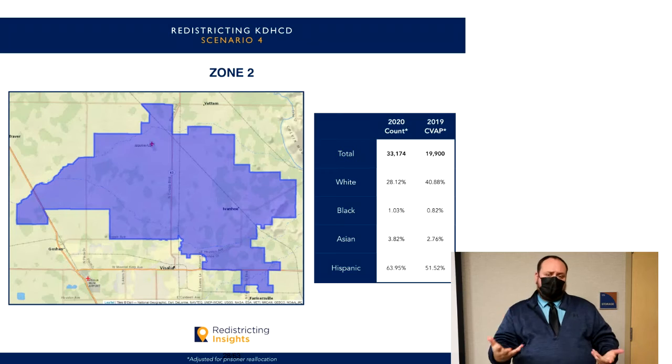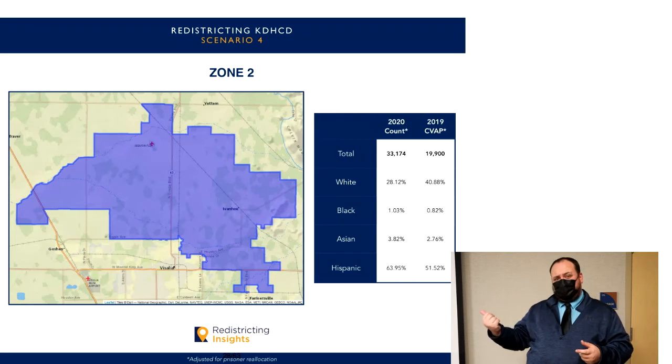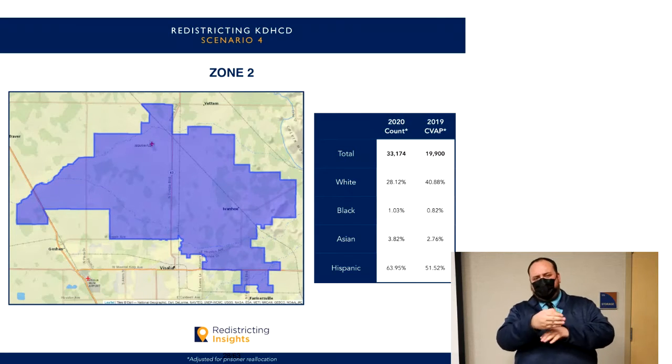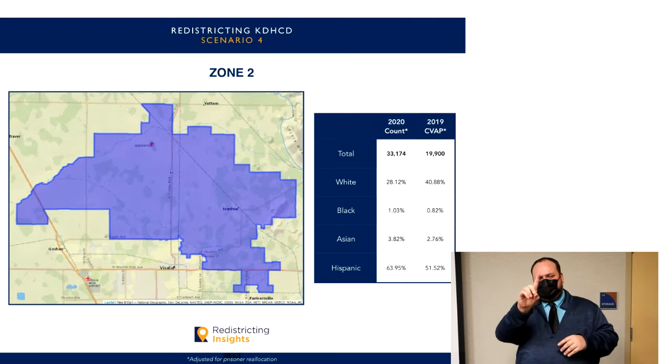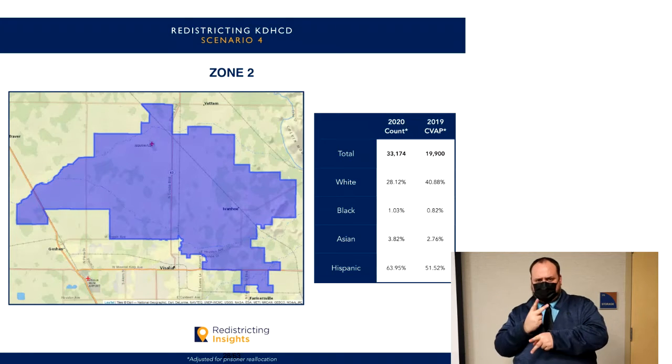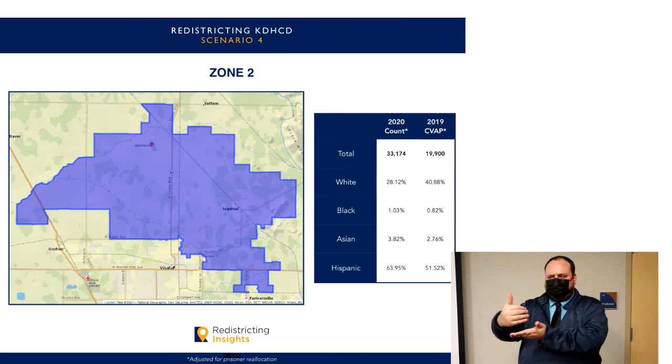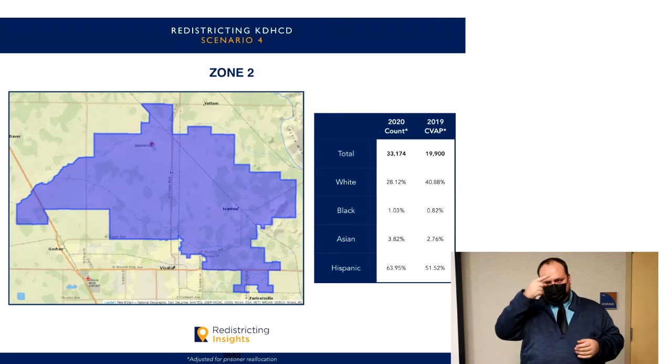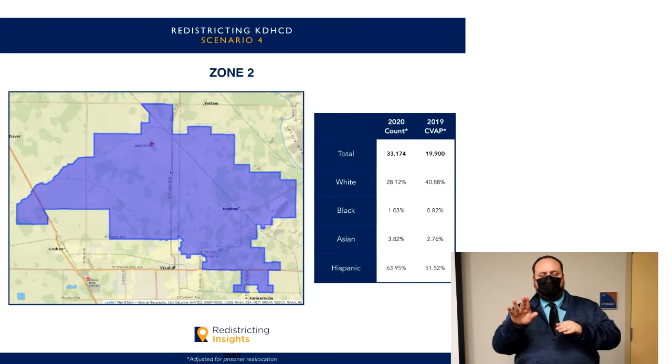I think we covered both the purple and the green already, so we'll move up to the northern district, this one labeled District 2. This one comes in at 0.17% population deviation, 51.52% Hispanic. This one keeps Ivanhoe whole and then takes in some of the margins of Visalia that it needs to reach its population goal.